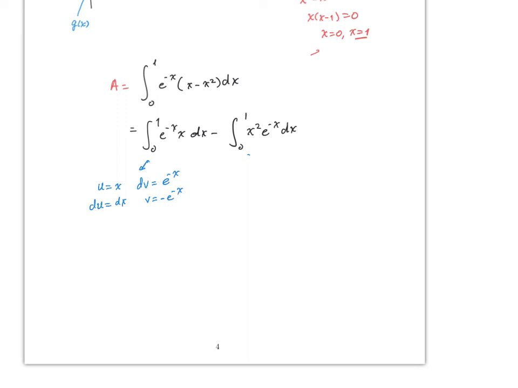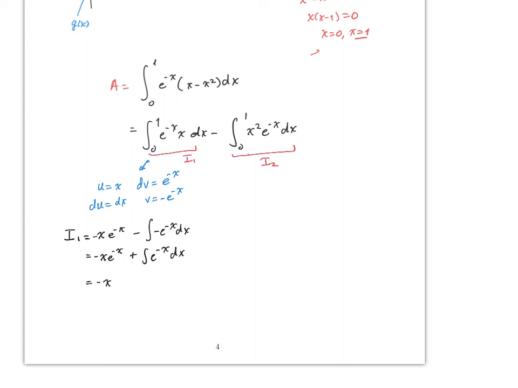So to make life easier, or for you to follow, let's just say this part will be integral 1, this will be integral 2. So let's do one at a time. Remember, the answer has to be integral 1 minus integral 2. So for integral 1, this will be ub, which will be this, minus b du. So this is minus x e to the minus x plus the integral of e to the minus x dx,